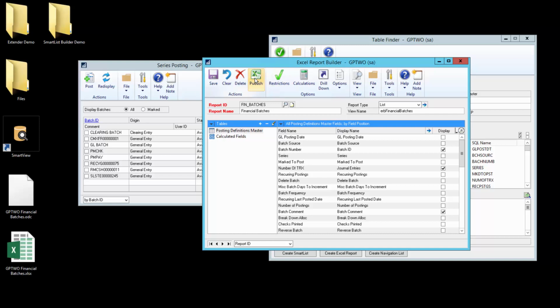Now what this is going to do is recreate a new Excel file, and if I was just publishing it to that one company again, it would actually overwrite the one I had already created. But because we're going to a multi-company option, it's going to create a different one that's multi-company. But when you publish, you have to be careful because any formatting you've already changed in your file would be overwritten. You basically get a new Excel file.